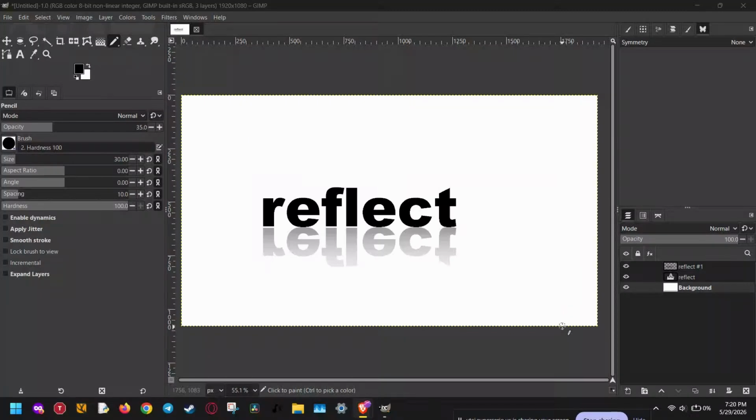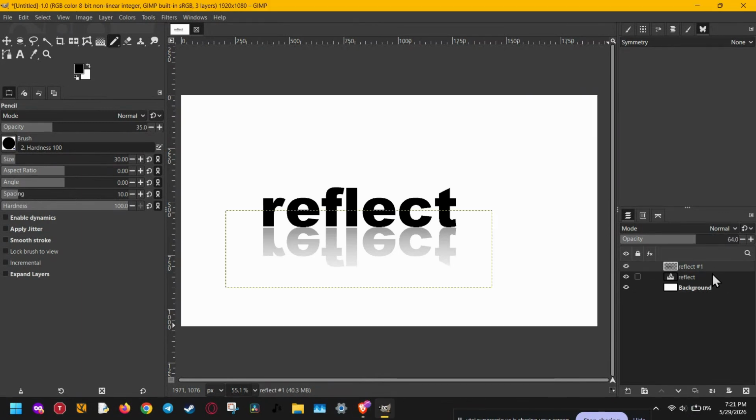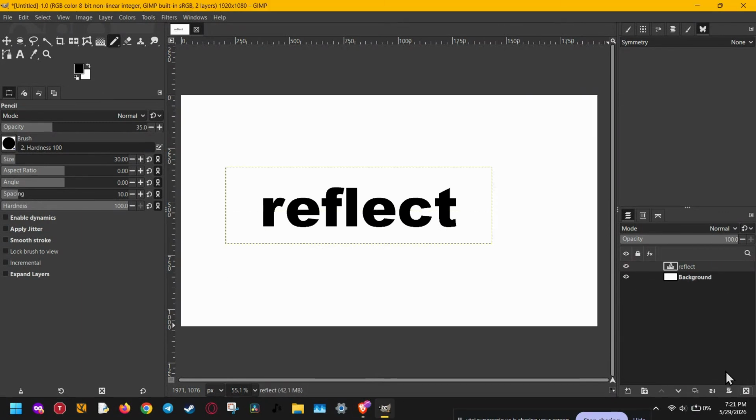Today, I'm going to show you how to create interlocking letters in Gimp step by step, using a simple layer and mask technique that makes two words look like they're weaving through each other. This is a really cool effect for logos, thumbnails, posters, and any design where you want text to feel more dynamic and professional. And the best part is, once you learn this method, you can reuse it for almost any